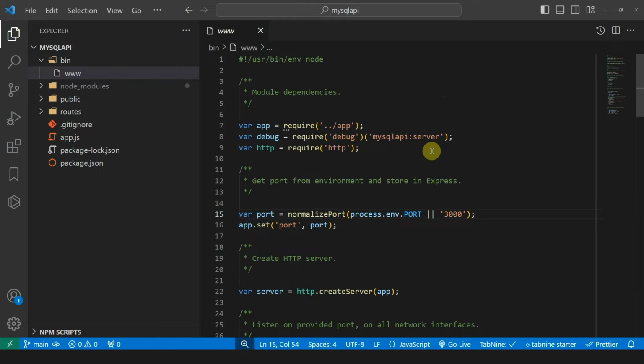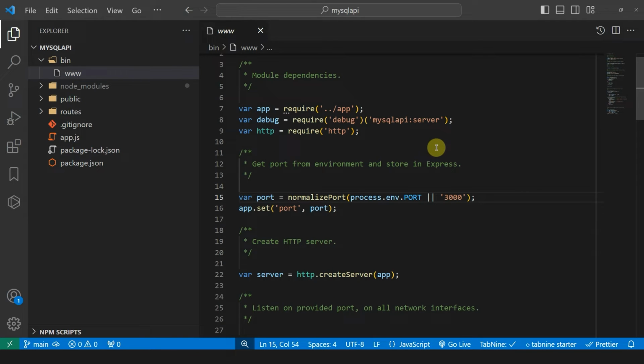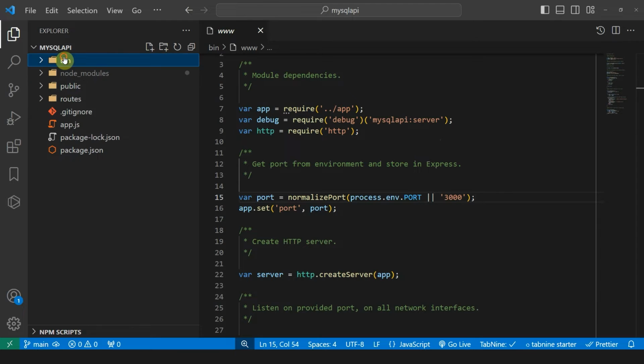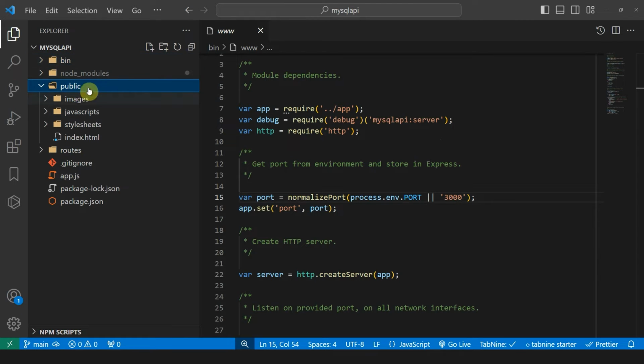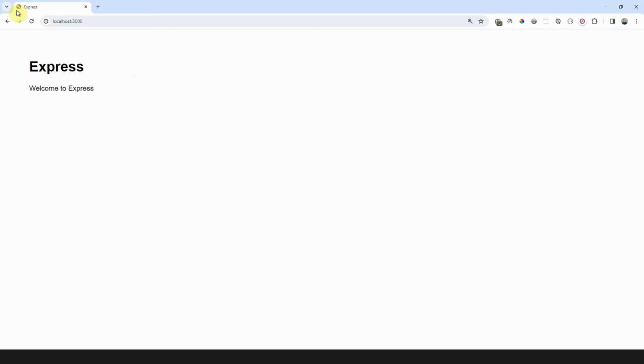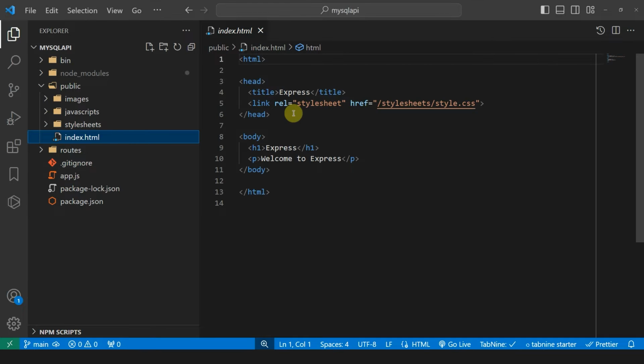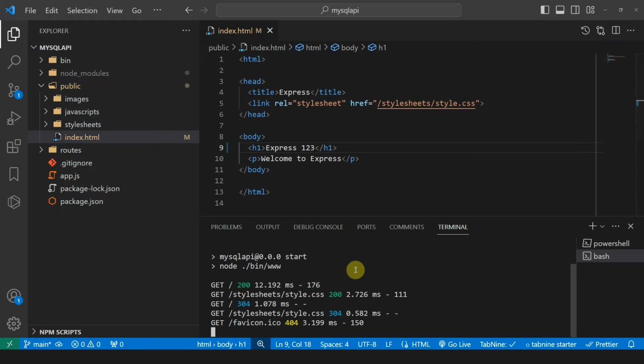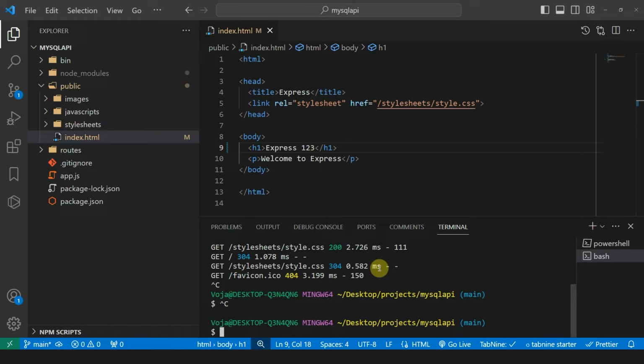So again, this is just the main start file basically. Then we have this public folder, which is of course for images, JS files, and CSS files. There's also this index.html. So here, for example, we can see in the title Express, and that's where it comes from. So if I say 1, 2, 3 here, and I actually need to restart,